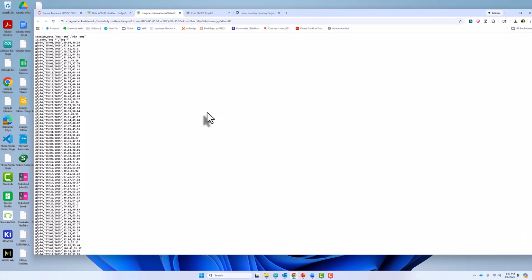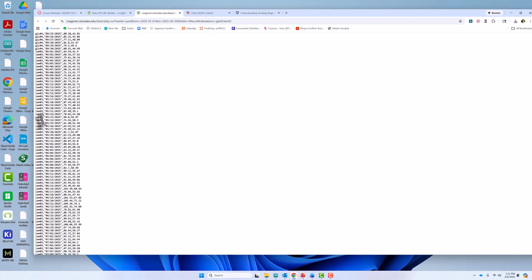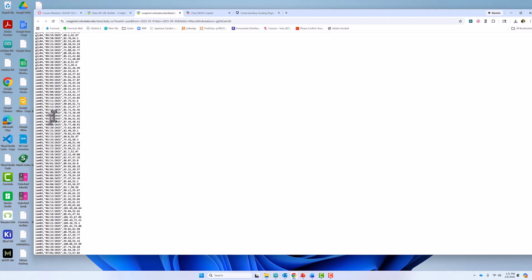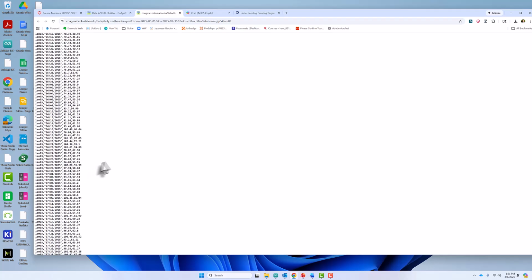Okay. Once that's done and looks okay, I can say open. And I can take a quick look at the data. Here you can see it's the Greeley data first, with the date and the maximum and minimum temps. And if I scroll down a bit, here's the Lamar data, also starting on May 1 and going down to the end of September. So that looks good. I'm going to hit Control S,